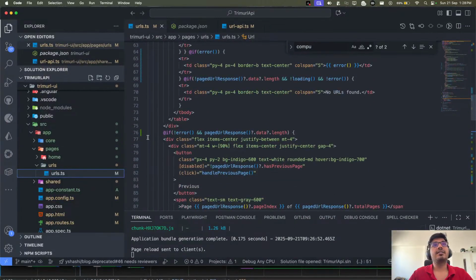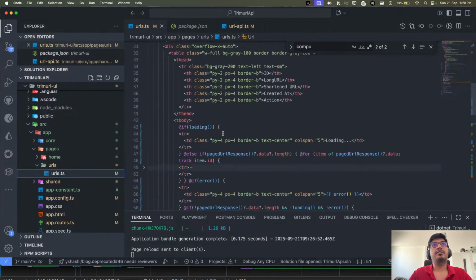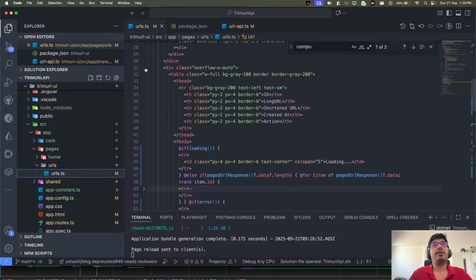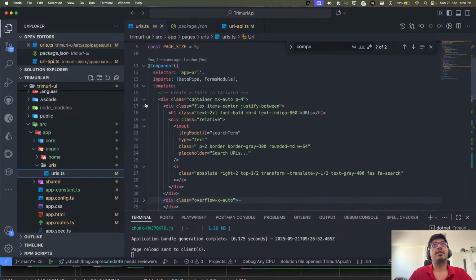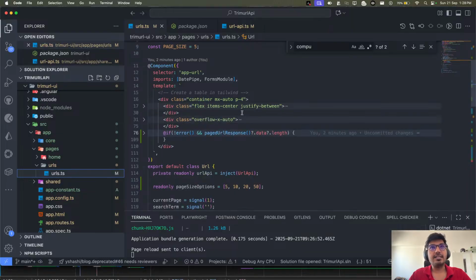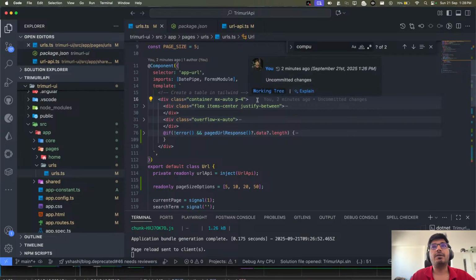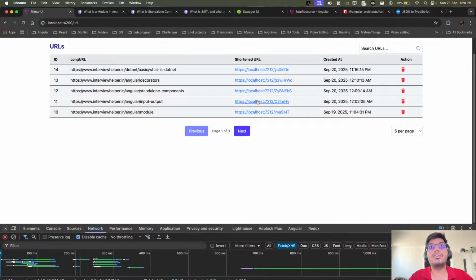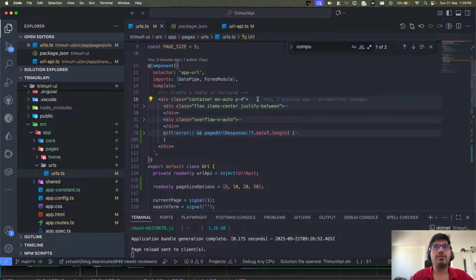Let me remove this, which is not required. Yes, I can close this and this guy as well. Now I'll explain in a very bare minimum way what this new signal form is. Again, I don't have a form, but I have one search element, which is this, so I will take the example of that.